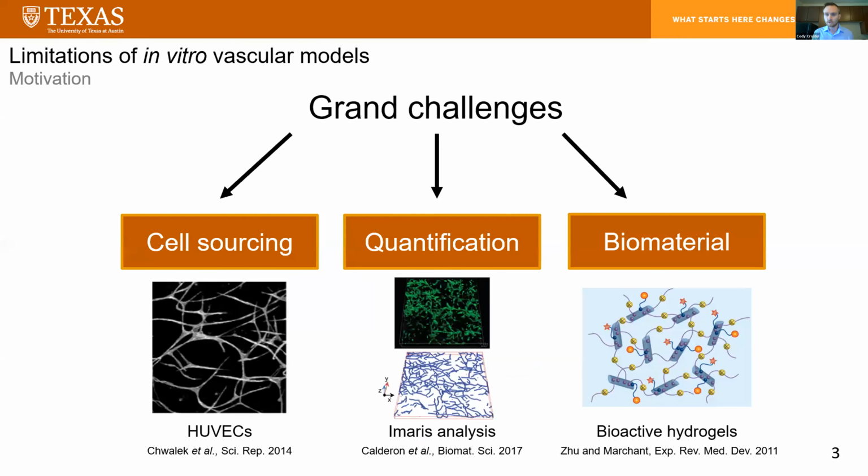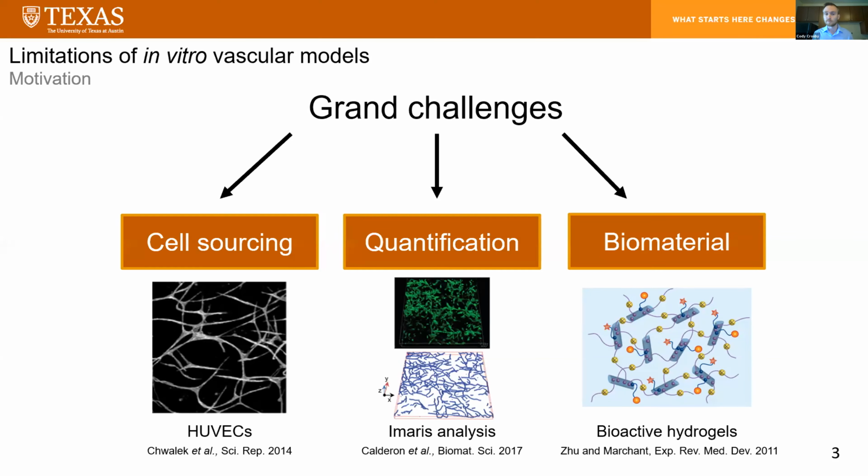However, even though we've made a tremendous number of advances in vitro vascular models, this is not to say that they are without their limitations. And they really face 3 main grand challenges, so to speak. The first is cell sourcing. Many gold standard models still use HUVECs, human umbilical vein endothelial cells. These are primarily sourced, which means they often quickly go senescent in the laboratory. They're derived from a venous cell type, which isn't ideal for arterial mimicking models. And finally, most of us did not have our umbilical cords preserved at birth, which means they're probably not patient-specific for many people. With regards to quantification schema, there are 3D suites which are extremely powerful, such as Imaris, that